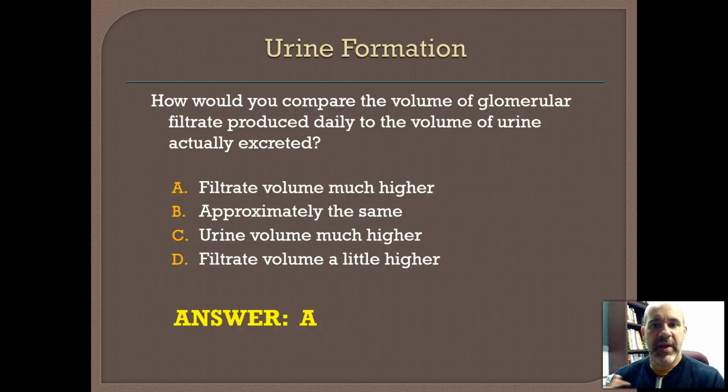But then remember, from there, your nephrons and your collecting ducts are concerned with making sure you reabsorb the good stuff like amino acids and sugars and things that you need to feed your cells, reabsorbing electrolytes at the appropriate levels to help you maintain homeostasis of those electrolytes, reabsorbing water on an as-needed basis to help you maintain your fluid balance as well. So in general, the urine gets concentrated a lot as it's passing through the nephrons and the collecting ducts. So your filtrate volume is much, much higher than the volume of urine you actually excrete out